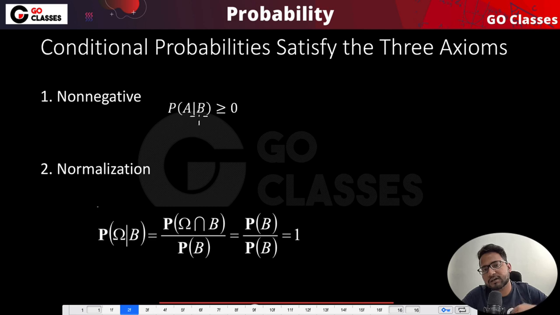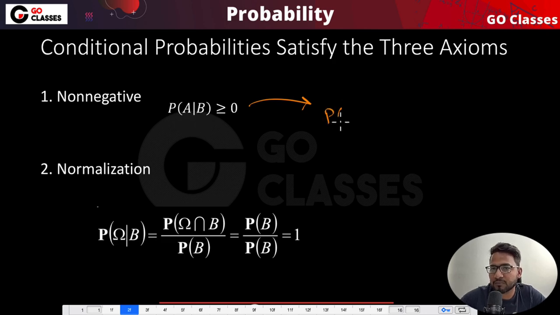Axioms are not there to prove anything, but since we already have the probability axioms, we can actually prove these axioms. These are the three things which conditional probability also satisfies, which means whatever the earlier probability rules were, you can apply the same rules given the event. So let's prove why this is greater than or equal to 0.